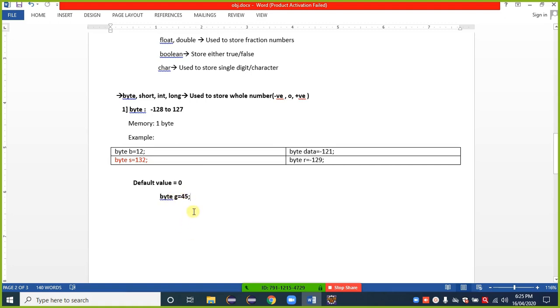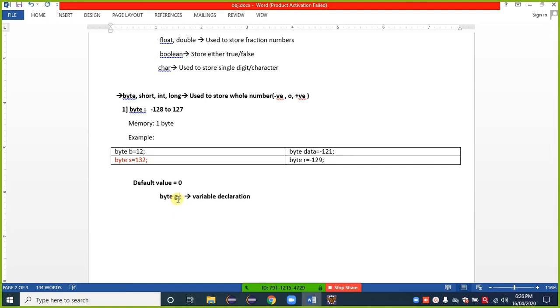But instead of initialization, I'm only declaring byte g. And what is the meaning of that? Variable declaration, as we discussed earlier. Here I am only declaring that variable, and from my side I am not initializing it, meaning I am not passing any value for g.